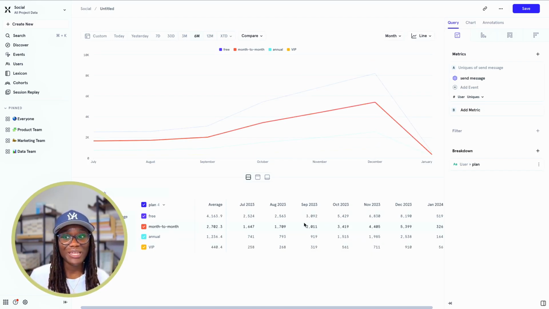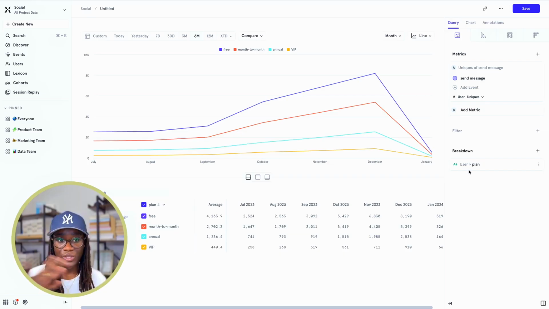This is also highly dependent on maybe more users are on the free plan, which is why more users are sending messages, and you have fewer users on the VIP plan, and then fewer users are sending messages on the VIP plan. That's also a possibility. That is going to be corroborated by the information that we have about how many users are on each plan. We can see it clearly now. We're getting more information about users and their properties and breaking it down to understand the patterns of behavior on